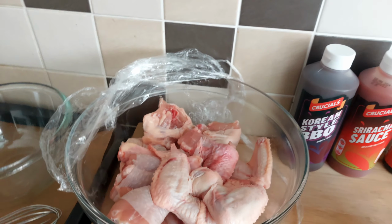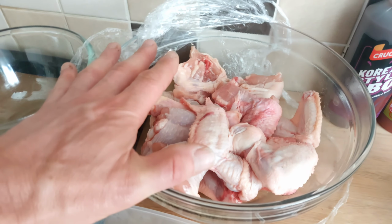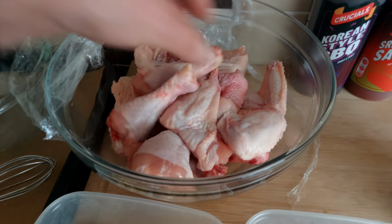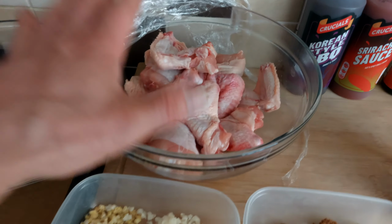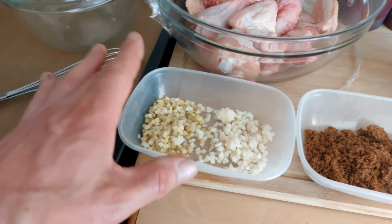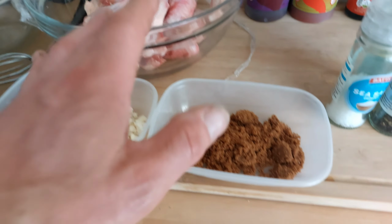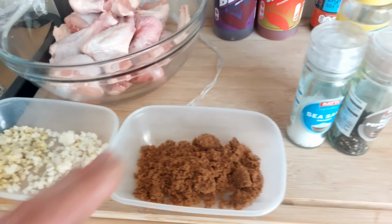For this one, we're using a kilo of chicken bits. Got these ones from Iceland and defrosted them. There's wings, there's drummers, there's a couple of thighs in there. Perfect. We're using 10 grams of chopped ginger, 10 grams of chopped garlic, 40 grams of brown sugar, some salt